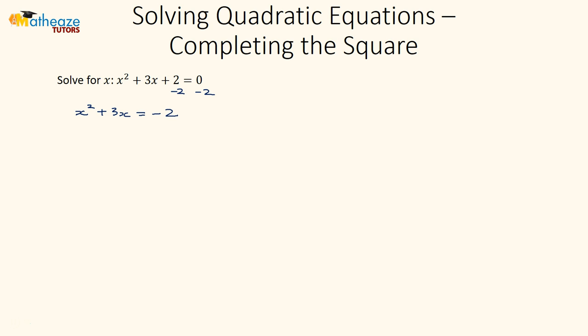Now we're going to complete the square of this equation. So we add half of the coefficient of x, which is 3 over 2, squared, to both sides: x squared plus 3x plus 3 over 2 squared is equal to negative 2 plus